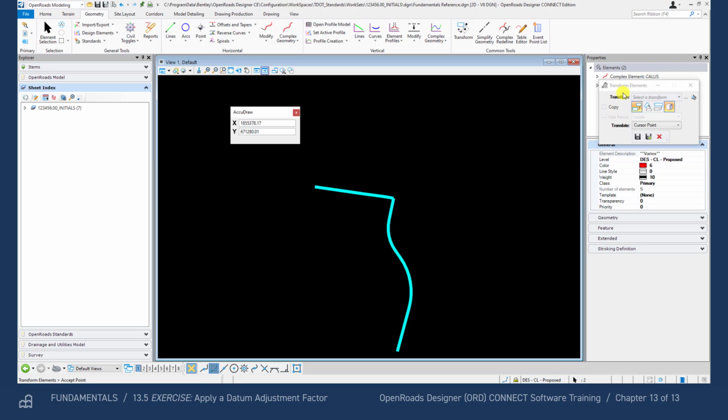For this exercise, we will assume a datum adjustment factor of 1.0006. The important thing to remember is that the scale is not 1.0006, but rather the inverse. Make sure only the scale icon is toggled on at the top, and deselect the options if necessary. Also, make sure the scale option here is set to scale, and then key in a scale of 1 divided